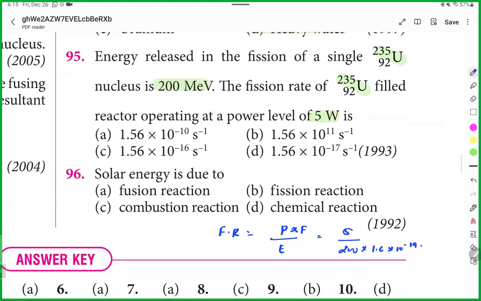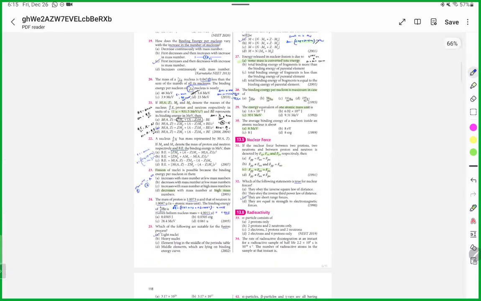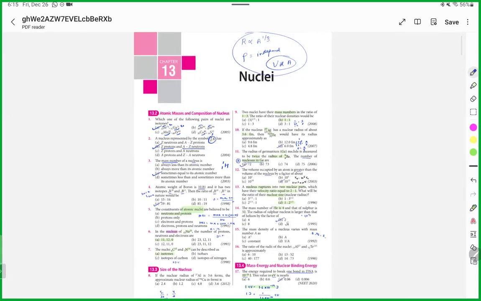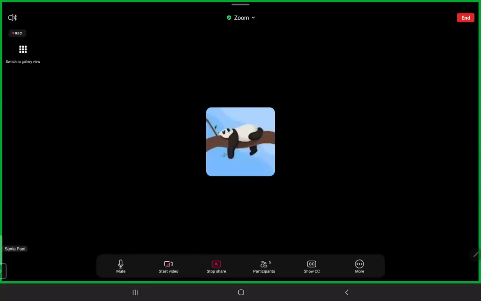And last, Sania, solar energy is due to fusion reaction. In case of sun, fusion reaction. So tell me, guys, we did each and every question that was possible from this chapter, and we already did everything from your atom. So this chapter is done. We did summary, we did all the questions, and finally we can say